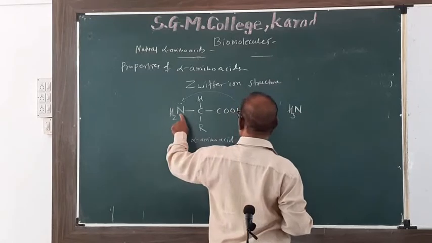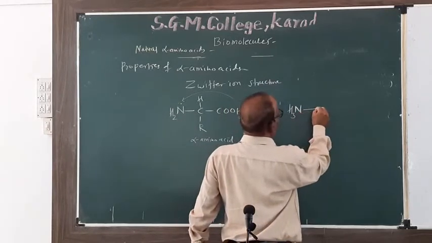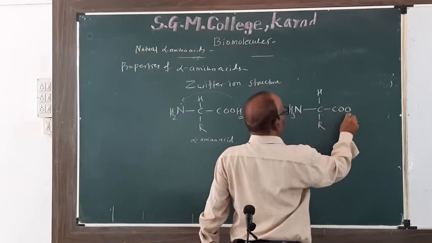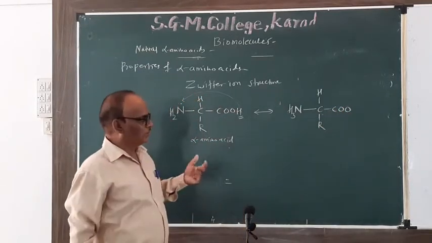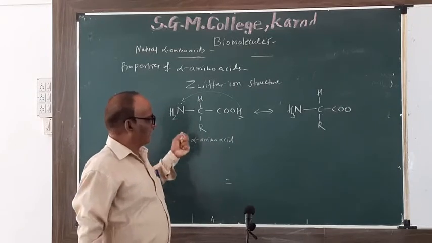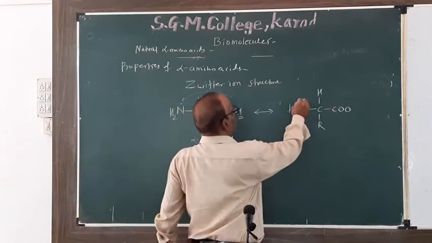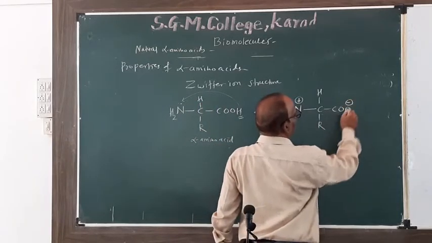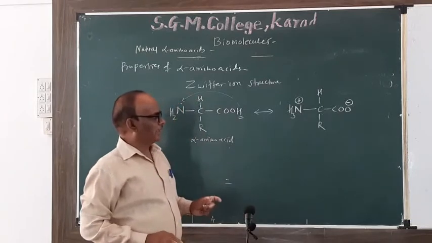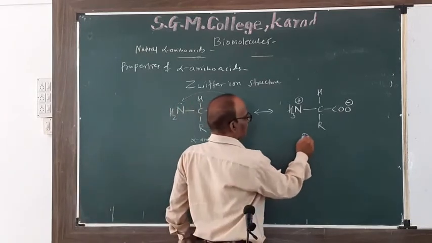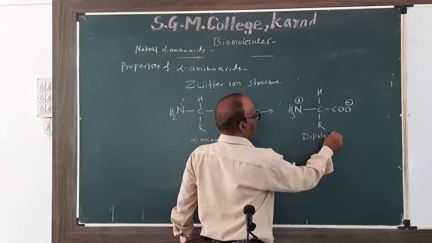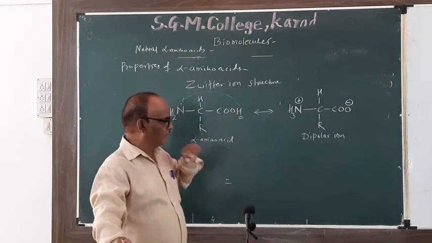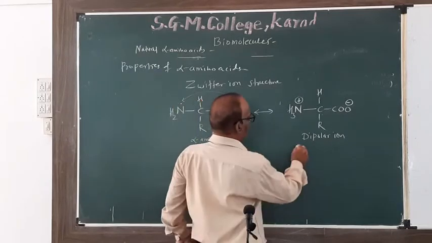This hydrogen is added to this NH2, giving NH3, CHR, C double bond O. The COOH group loses a proton, and the NH2 group accepts a proton. The one that accepts the proton carries a positive charge, and the one that loses the proton carries a negative charge. So there are two charges, plus and minus. This is also called a dipolar ion. Dipolar means there are two poles, positive and negative, and the ion form is called a